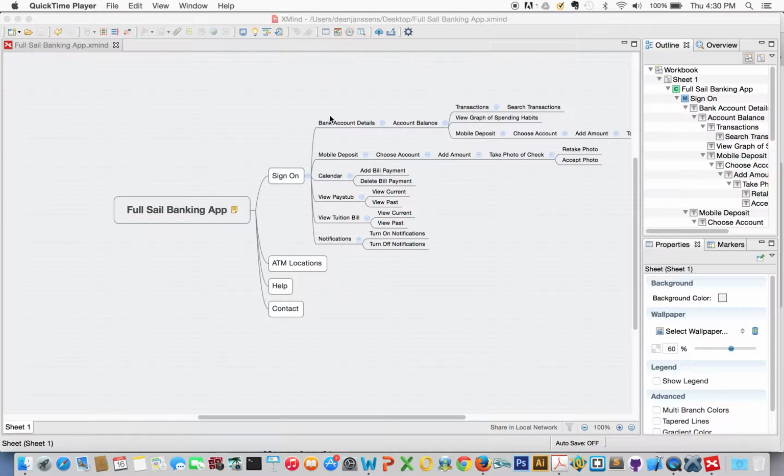My functions are bank account details, mobile deposit, calendar, view pay stub, view tuition bill, and notifications. The view pay stub and the view tuition bill would be based upon the specific user, whether it would be an employee or a student. And these five here would be placed in a menu at the top left, which a user could click on to get